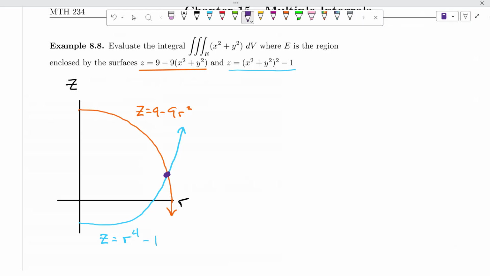If we think back to our surfaces of revolution from Calc 2, it's effectively what we want to do here. Take this shape, spin it around the z-axis to create the solid that we want to be integrating over, which means I need a projection of this thing down into the xy plane. Figure out what that looks like. I think that projection will,